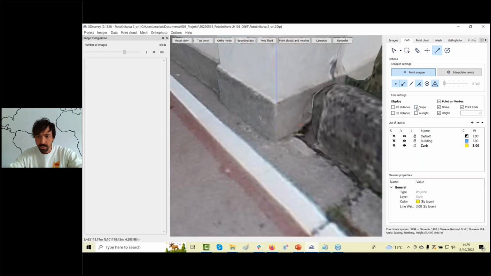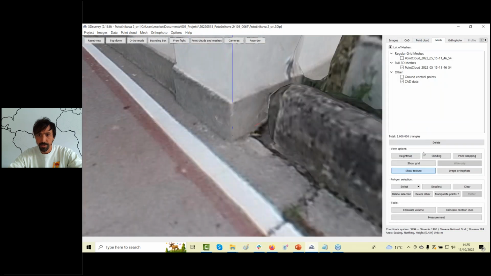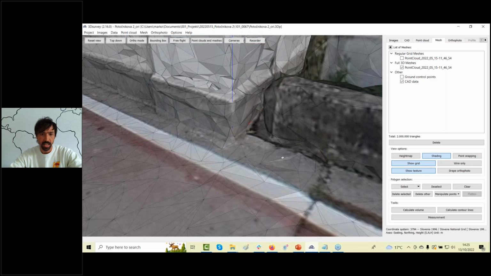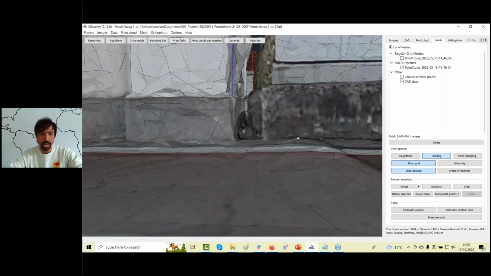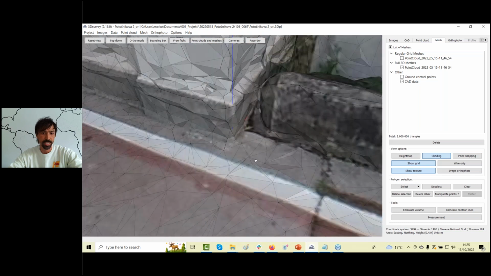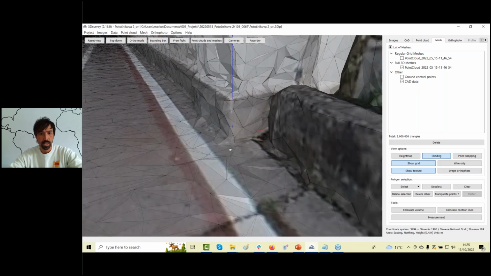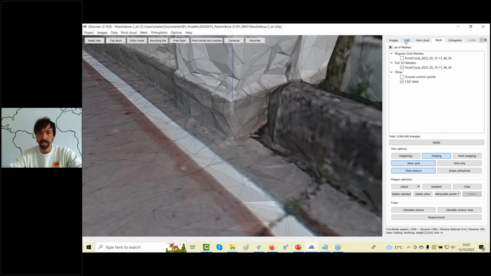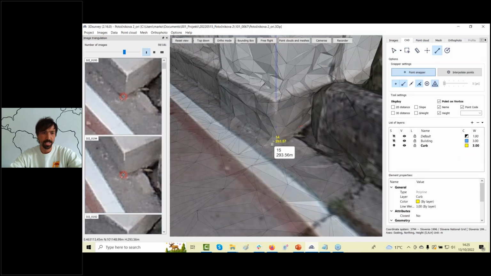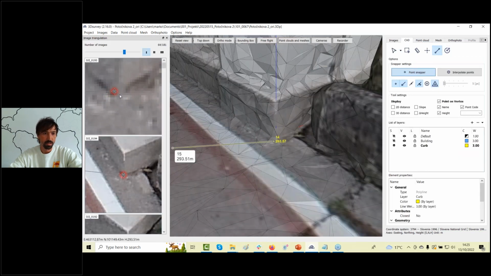Let me try to give you some different view styles here, so shading and grid mode in addition. So maybe we need to decide it here in centimeters or 2-3 centimeters. I'm not sure. The model here is definitely not the perfect one, but with the help of this new function, you can zoom in,